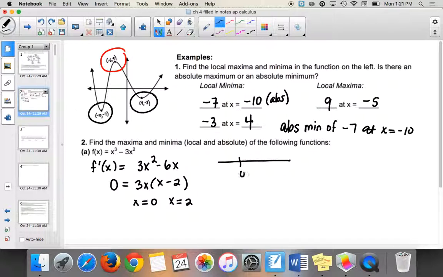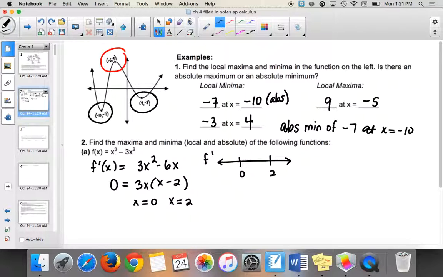So what we do on these problems is we put them on a number line, 0 to 2, and we're going to test in f prime. So when I test in f prime, I'm going to test numbers in each interval. So we've talked about critical values in even algebra 2, right? And we had critical values on a number line, and we tested in each interval. Okay, that's what we're doing here. So I'm going to test like -1.